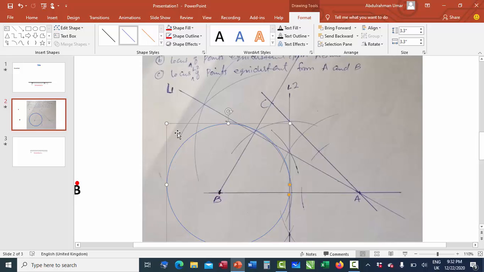Or we need to increase it, or we can leave it like this. It mustn't be accurate, since GeoGebra gives us the same results. So now, before we go, you need to locate